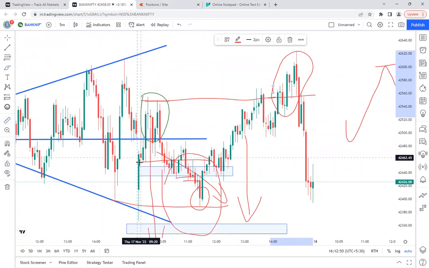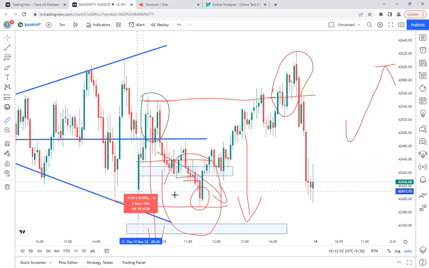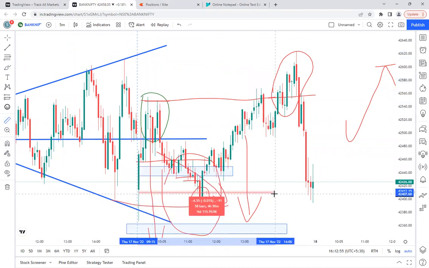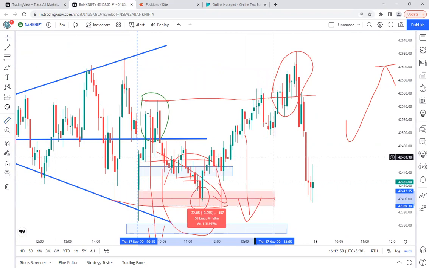If you see here, from the start of the day until 2 o'clock, almost 5 hours, 9, 10, 11, I was looking for the selling option, but finally I changed my opinion. Seeing this pattern, where they reached the same level from where it fell down in the morning session, and after some profit booking, they will go up. So there I bought one lot, and I booked around 1500 rupees profit here.